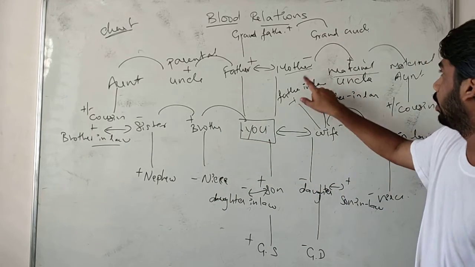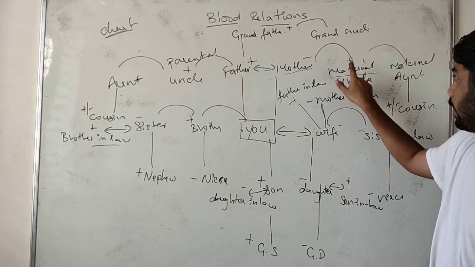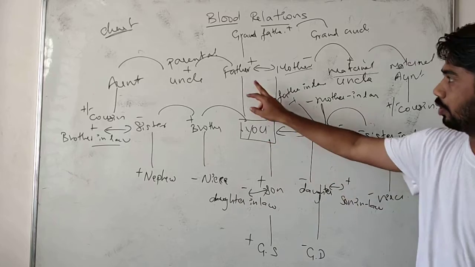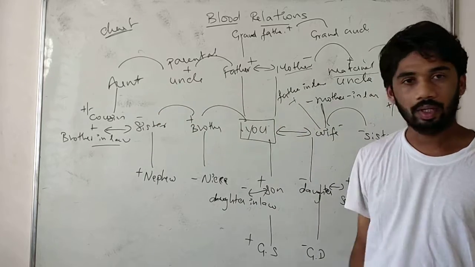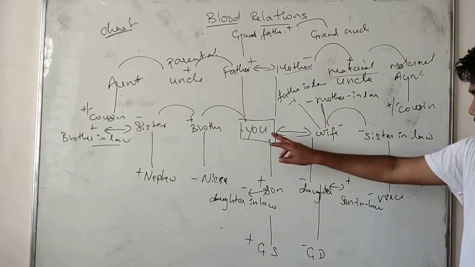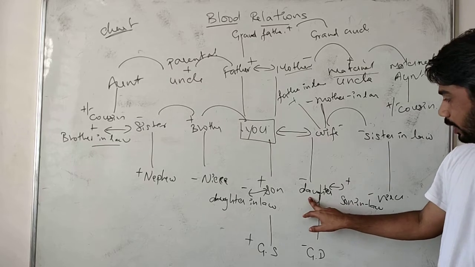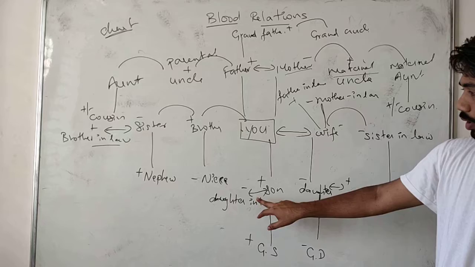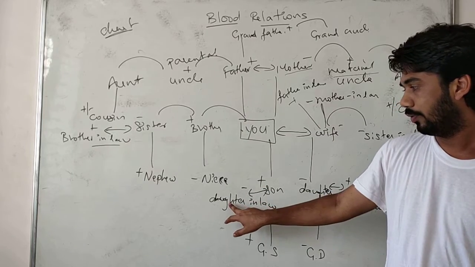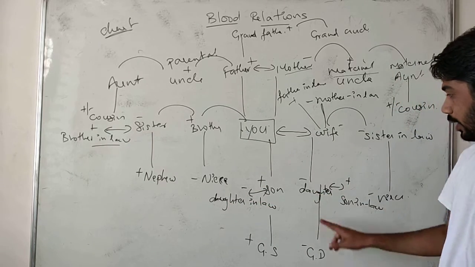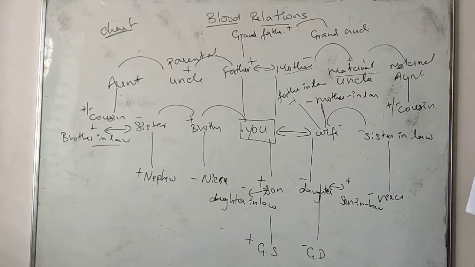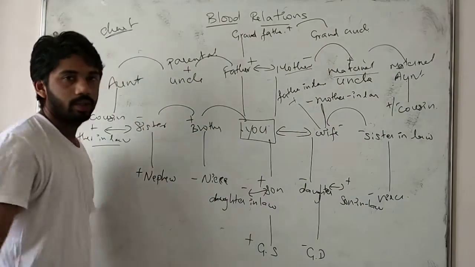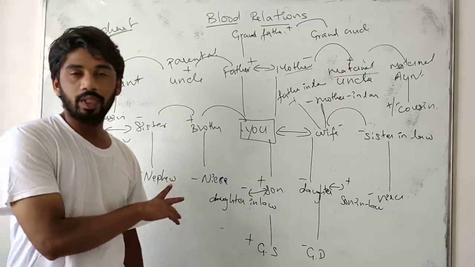Now cousins means your mother is there, students. Your mother's uncle or aunt's sons will be called cousins, or your father's uncle or aunt's sons will be called cousins. You are there, and your daughter is there. Daughter's husband, you will be calling son-in-law. Your son's wife, you will be calling daughter-in-law. Their children will call me grandson or granddaughter. In this way, you must know the whole relationship. Okay, students, got it? Now please note it down.